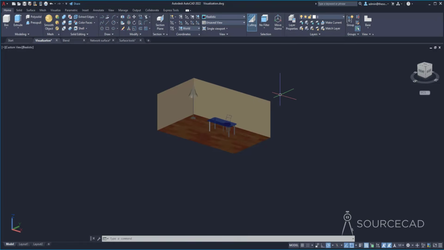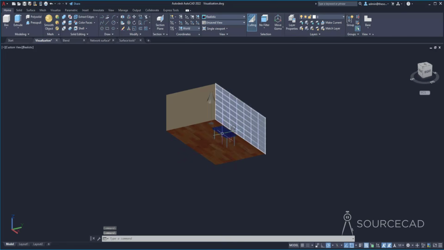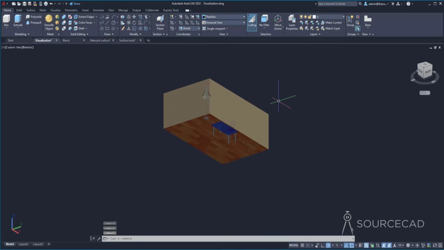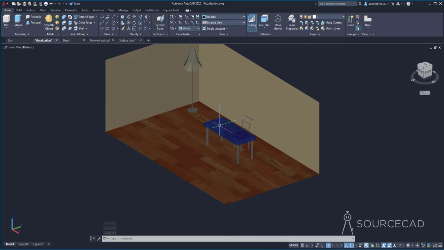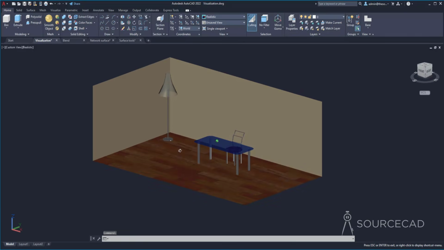Now with that, we are now ready to render our drawing. Rendering is the process of converting this drawing into a photorealistic image. But before we do that, let's set the scene first. Currently, our drawing looks kind of like this, but we can make it much more realistic in the scene setting